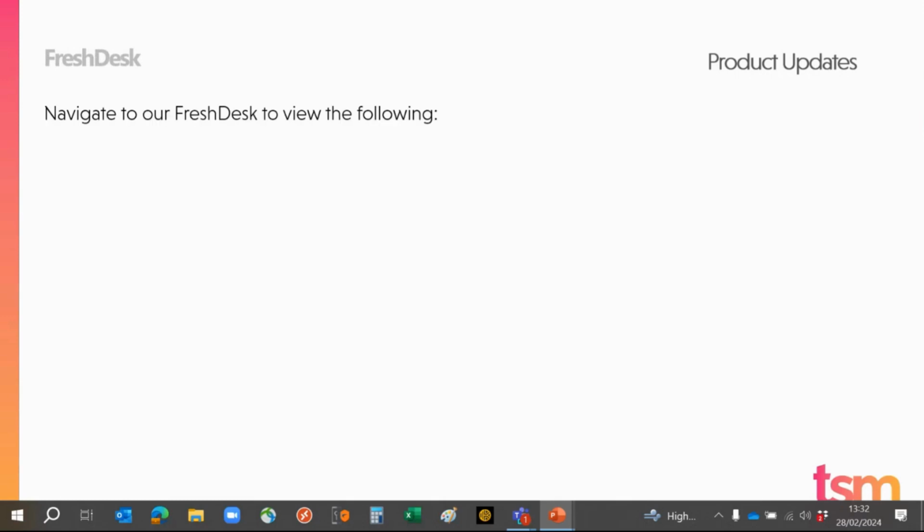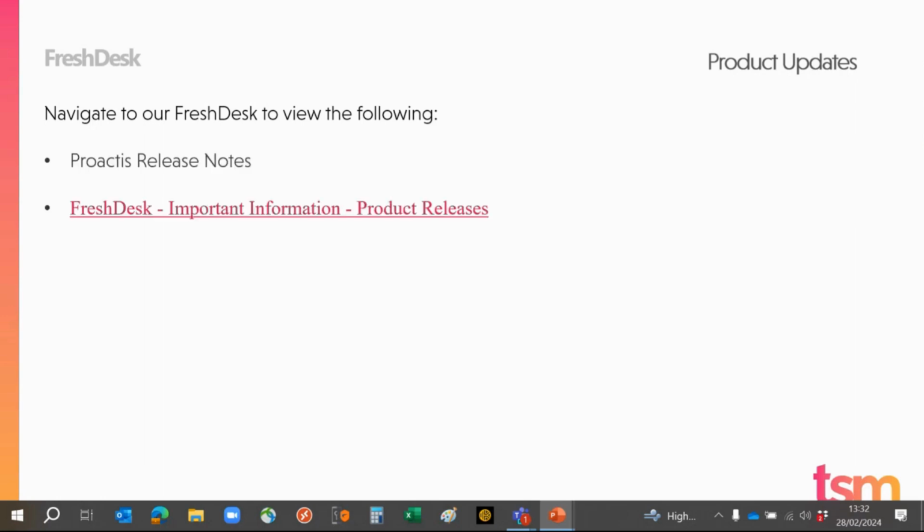Okay, release notes. Please have a look at the release notes. If you are planning on patching, obviously we can send them to you. We're very happy to do so, but the release notes are all on Freshdesk. You do have the ability to access them, obviously, as you've got logins. There's lots of information on there, not just relating to